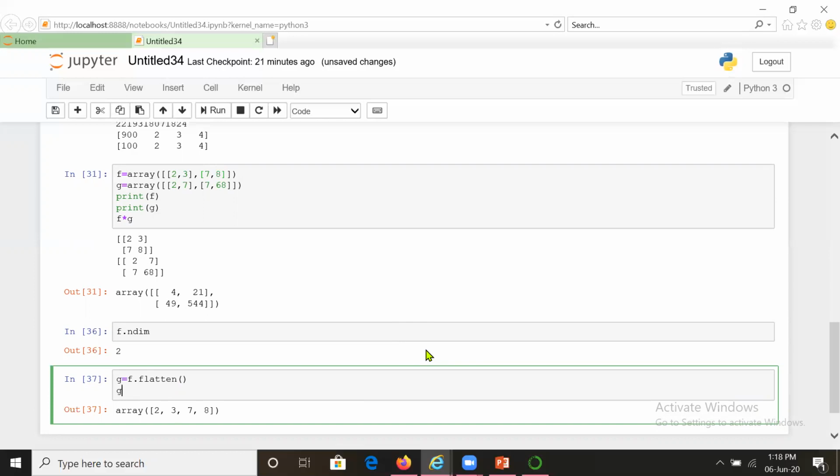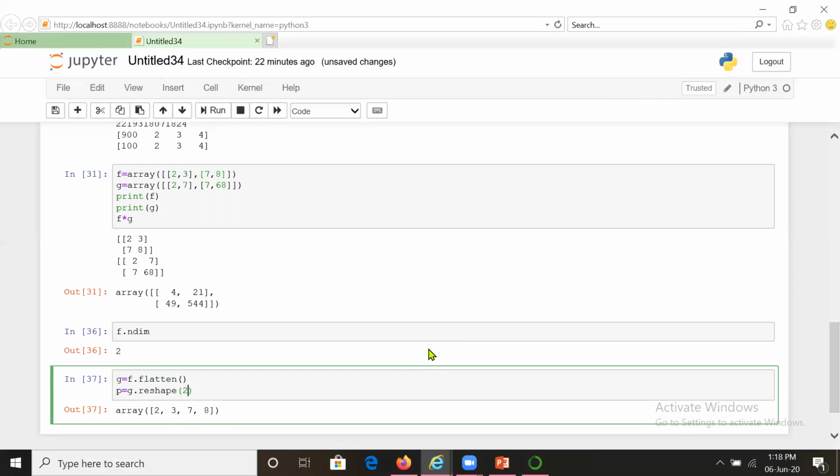Similarly, this is how you have converted a larger dimension into a lower one. Or the reverse is also possible. You can convert your one-dimensional array into a higher-dimensional one also. Now here g is a one-dimensional array, and suppose you want to convert this array into 2 by 2 again. I take some array P, and suppose G is the name of the array, and I will use the command reshape.